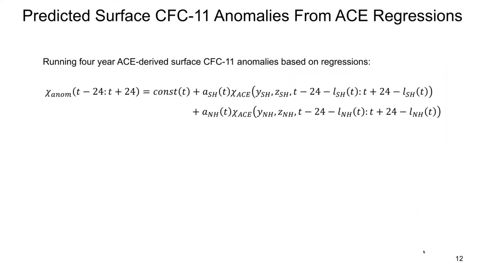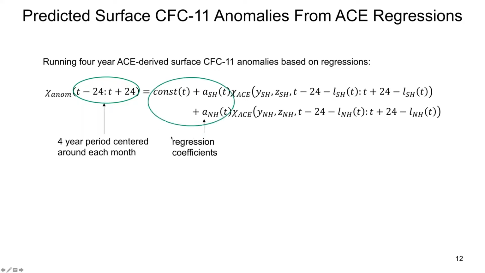All right, so this is just showing what we're doing. We're doing a similar type of calculation as a correlation. It's a running regression and prediction. So all this is just a linear equation which shows the prediction at the surface over some 4-year time period, centered around each month it moves. It's a running prediction. We've done regressions based on the correlation locations for each of these 4-year periods. So those are all time dependent. We've kept constant those green dot locations essentially.